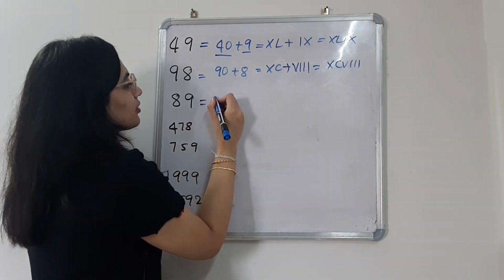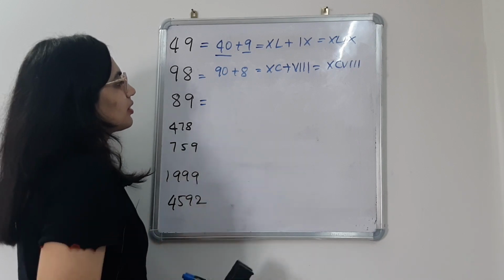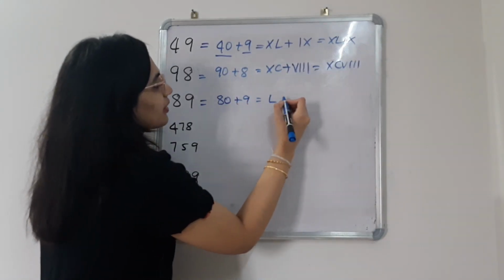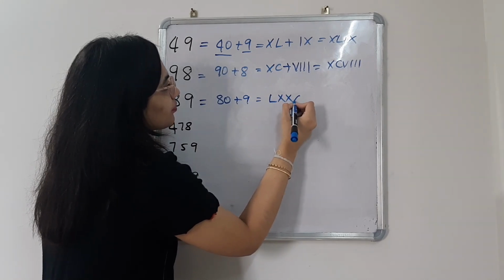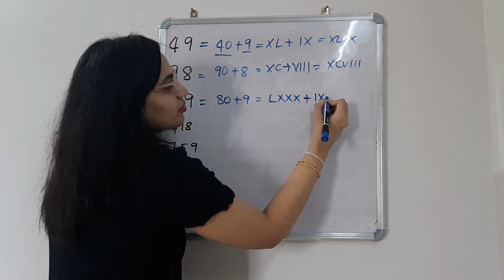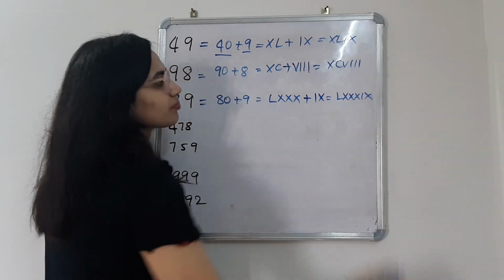What is 89? 80 plus 9? How do you write 80? Can I write 80 as this? 50, 60, 70, 80 plus 9, right? So it will be